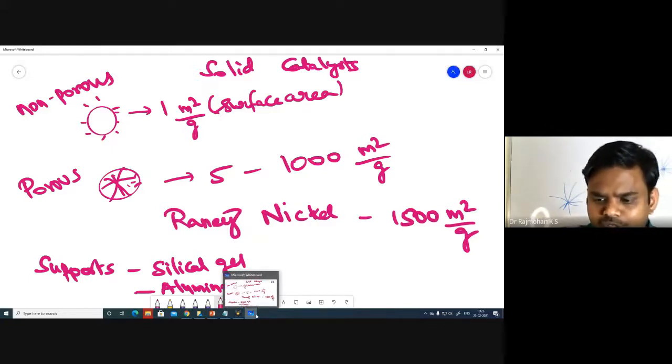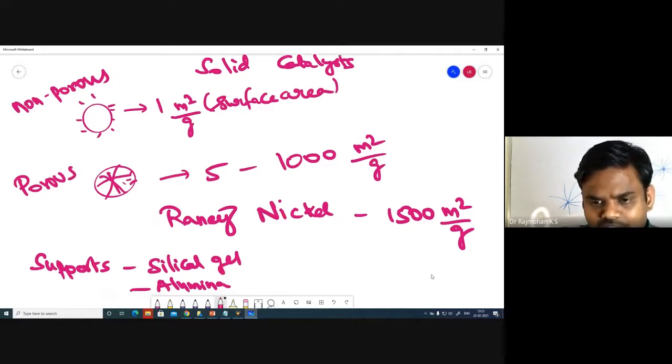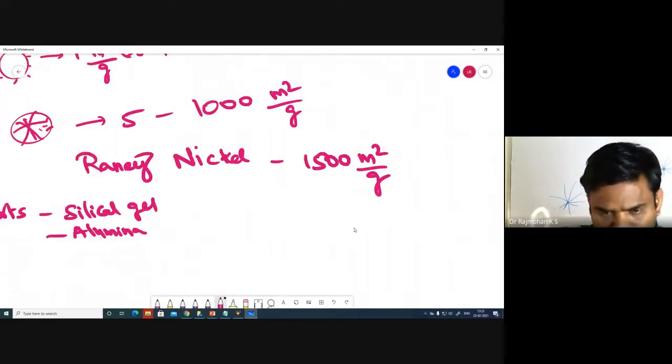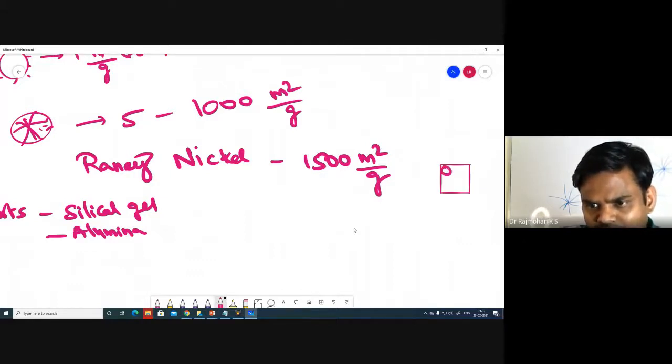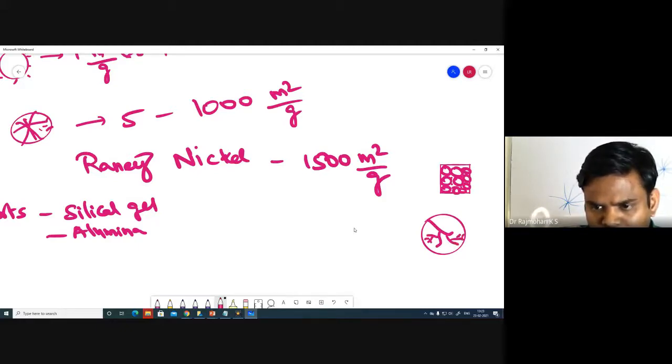Now if we are talking about porous material, we should talk in terms of void volume. When I say porous material, in fluid mechanics you might have studied this: you have a packed bed, meaning there is void between the packing material. We define that as porosity. Similar to that, if it is a porous catalyst with mesopores and micropores, I told you about how the catalyst pore can expand from one branch to another branch. So in this case we have to know the void volume or pore volume.